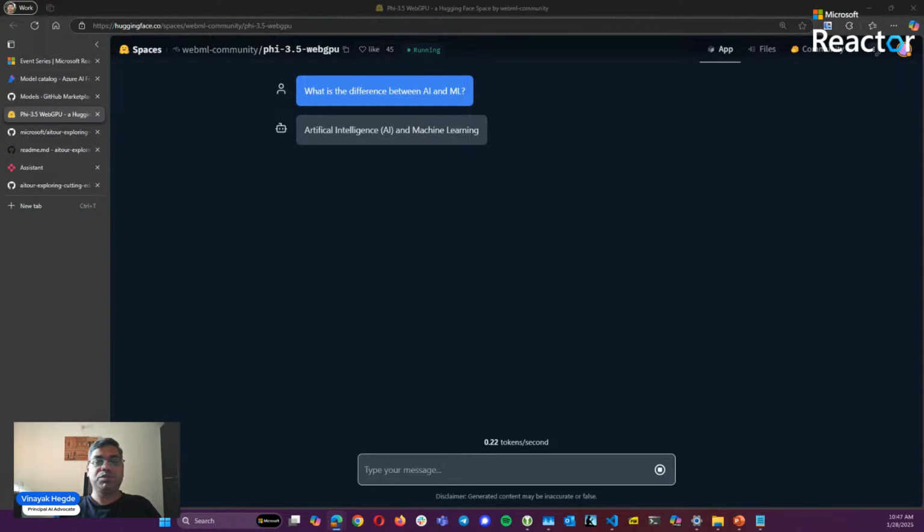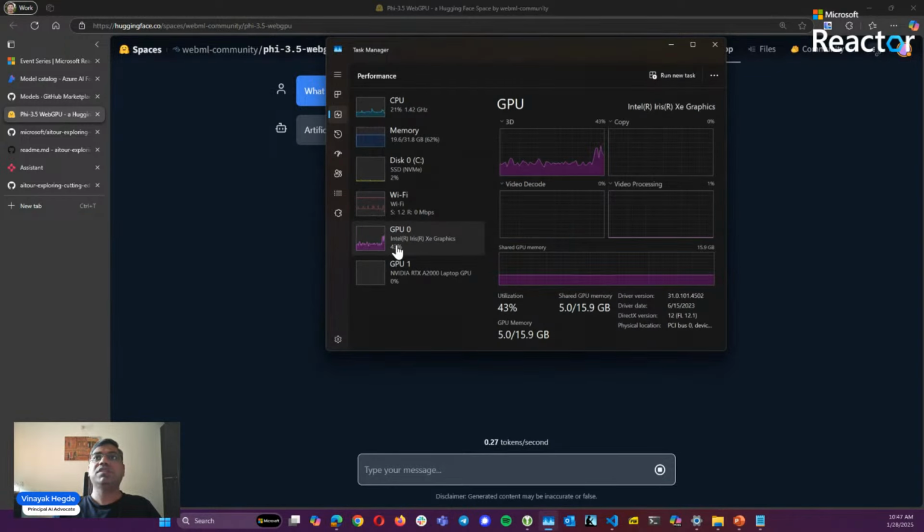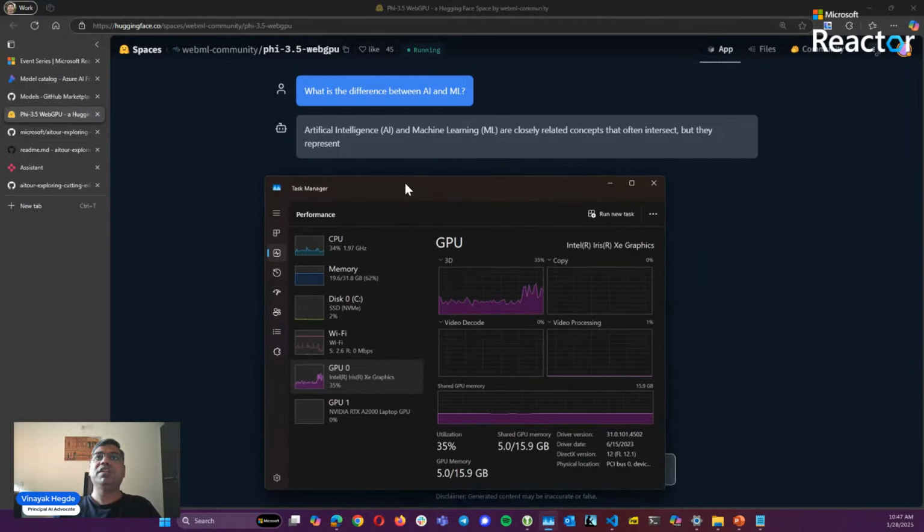Let me just show you the output. As you can see, I'm running it on an Intel GPU, which is not very great. I also have an NVIDIA, and you can see that it is actually consuming the GPU and is starting to give me an output, right? For example, I can see that it has already generated some output, and it is generating token by token,